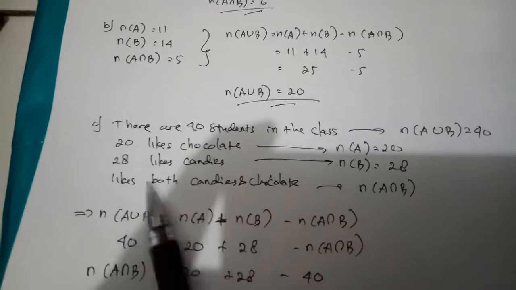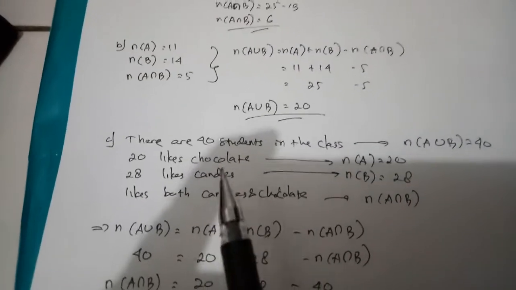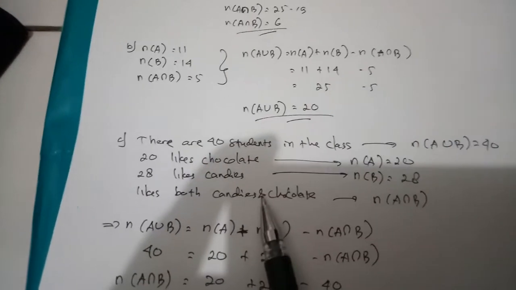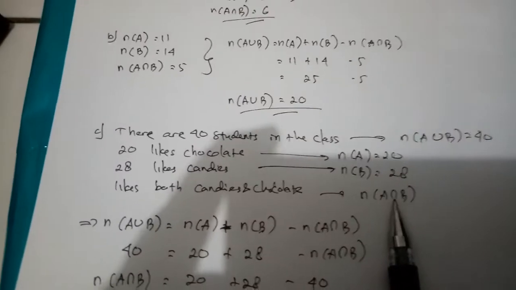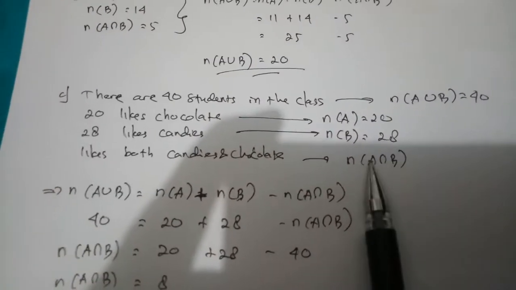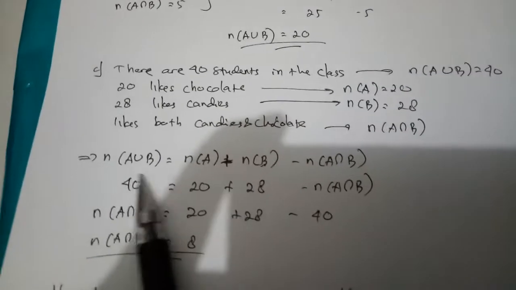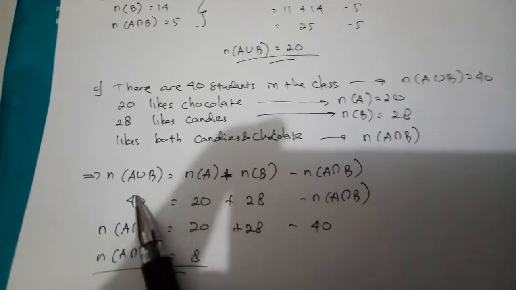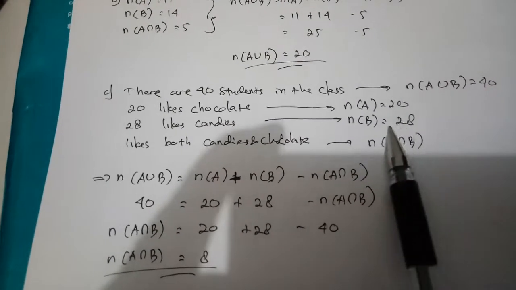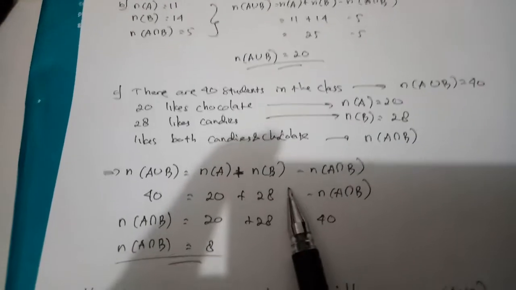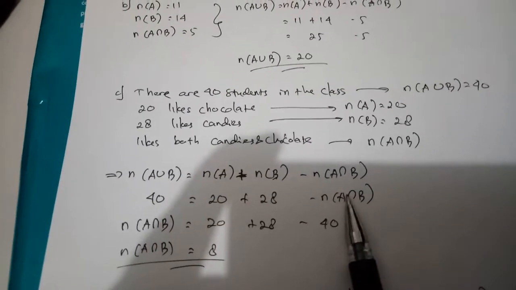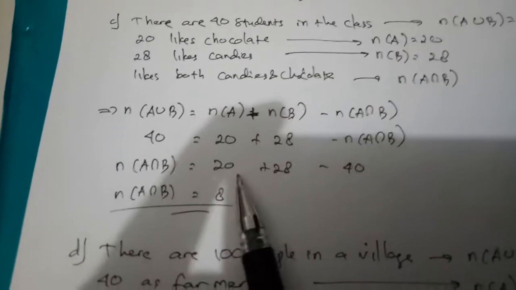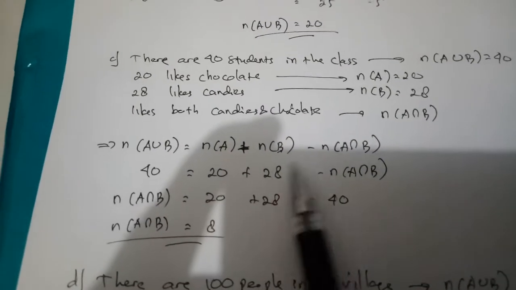So like both candies and chocolate, the word and means that it is the intersection. So what you are looking for is the intersection. You have all of this information, right? Again, write down the formula and then plug in all of the numbers that you have, like 40 in here, and then n(A) is here and n(B) is here, 28. So you're looking for this one here. It's the same thing as you do for number 1, right? So you put all of them in, and then 40 is equal to 20 plus 28 minus